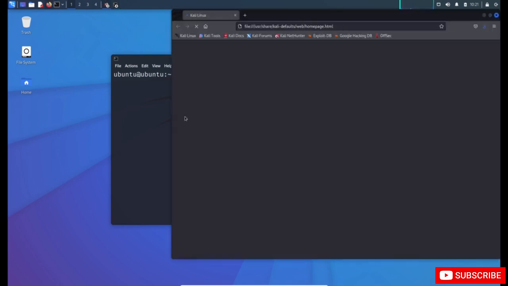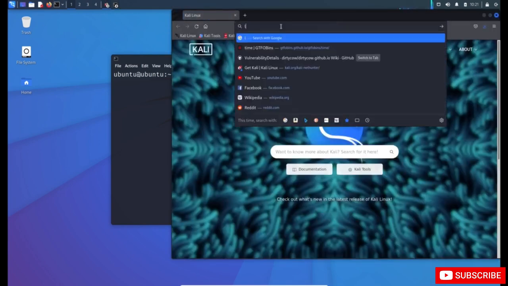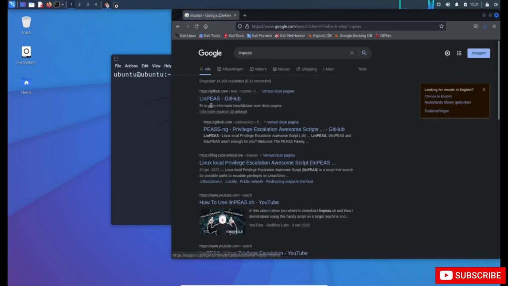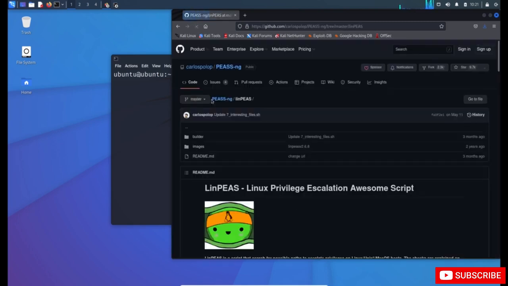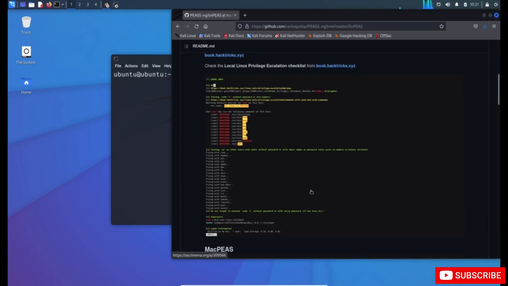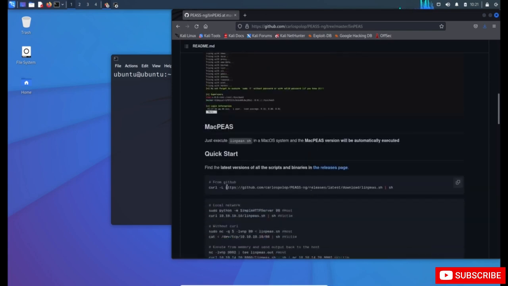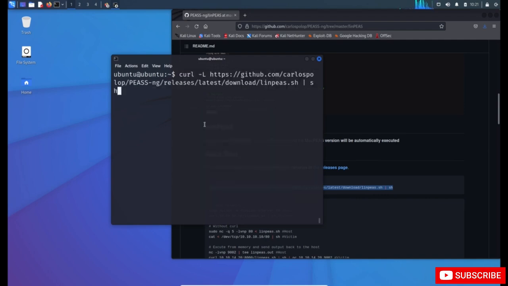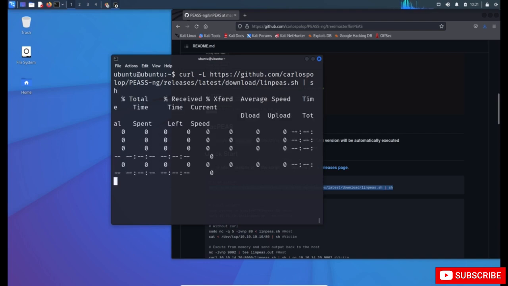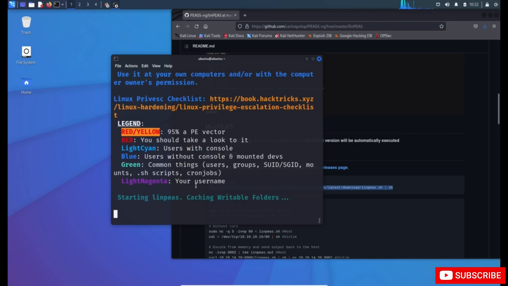If we open a browser, we can search for linpeas. You'll see linpeas GitHub, and it's an automated script that will search for it. So you can copy it directly from GitHub on your target system. And if you press paste, it will start scanning the system for vulnerabilities. So it will automatically search for passwords, or sudo vulnerabilities, or other vulnerabilities that allow you to become root into the system. So if I press enter, you'll see it downloads the script and starts